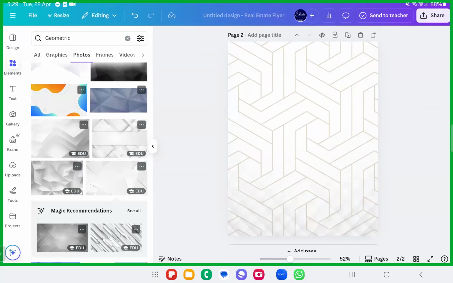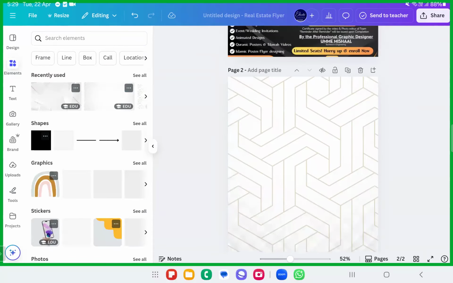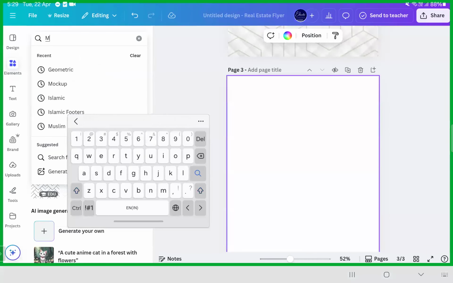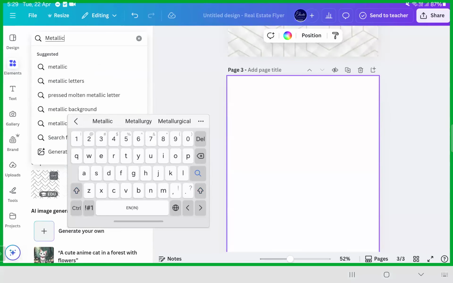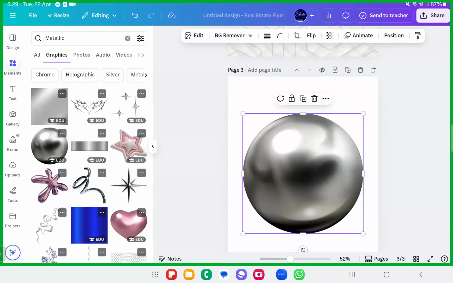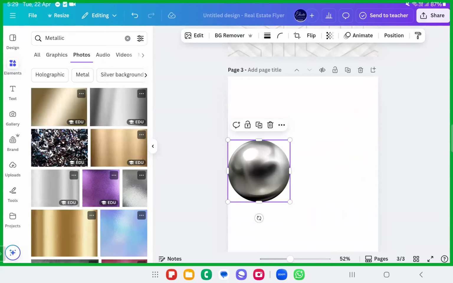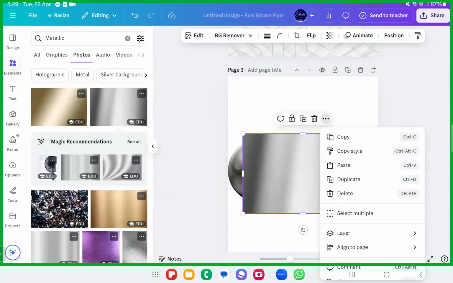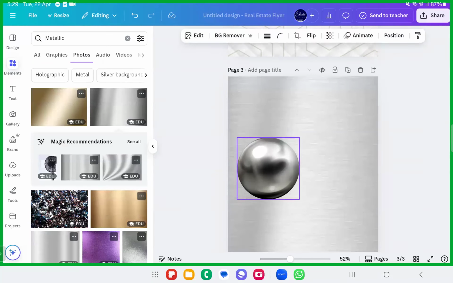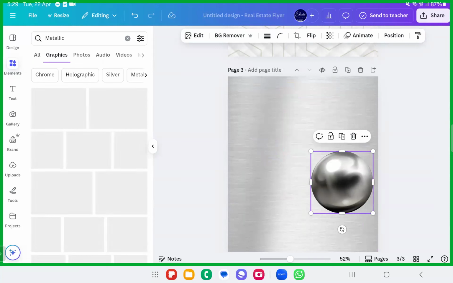So geometric background. Next one, metallic background. Come on, dear sisters and brothers, type it. Write it, type it: metallic. These are the keywords that you all have to remember. If you don't remember, at least write it down, okay? Usually it gives a metallic feel. If you want to give your designs the metallic feel, you can go ahead with this. For example, if you want to use this as a background, and this as elements, you can go ahead with these metallic elements.